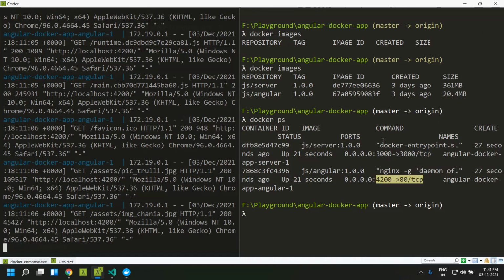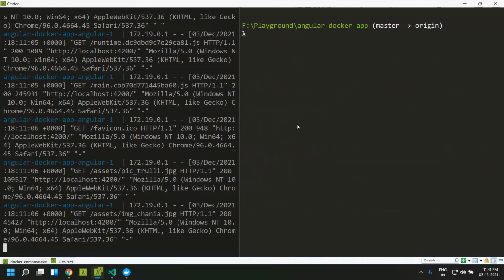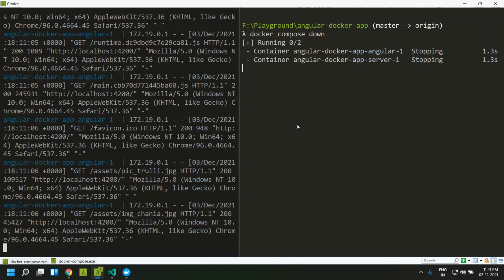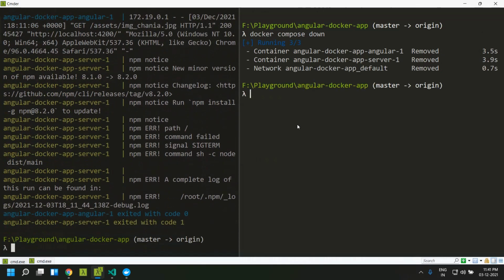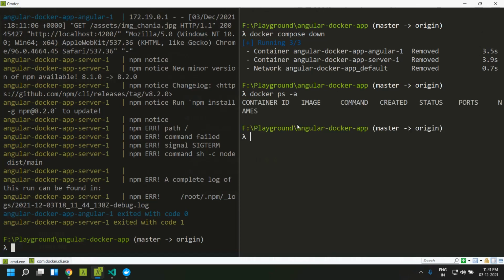In case you want to bring the containers down, you can run the docker compose down command. It will basically stop both the containers, and we can check whether the containers exist.